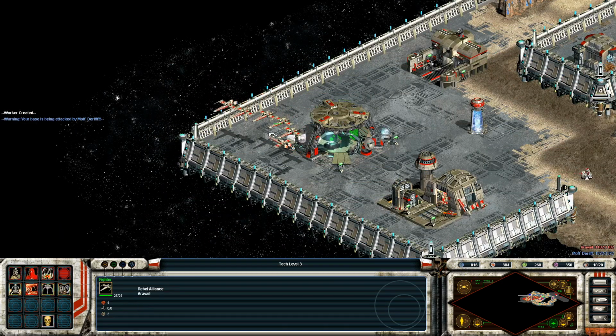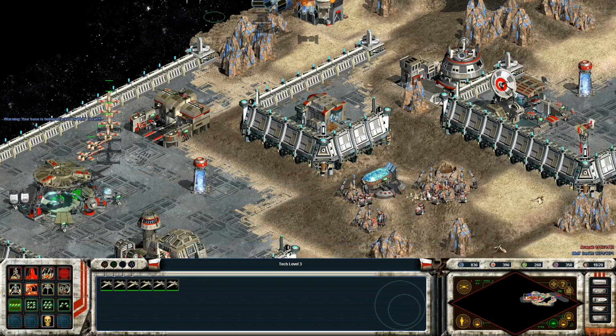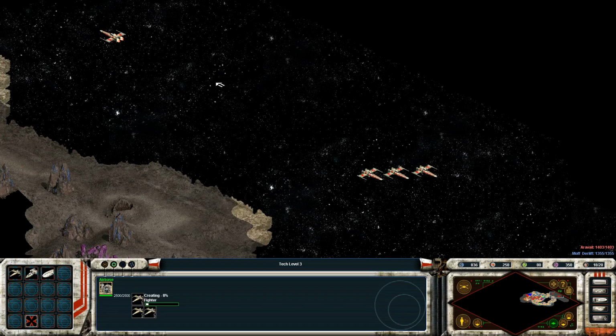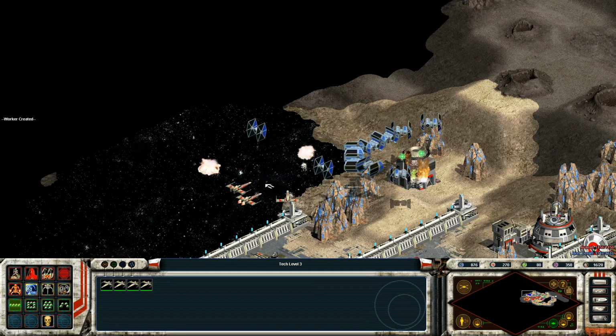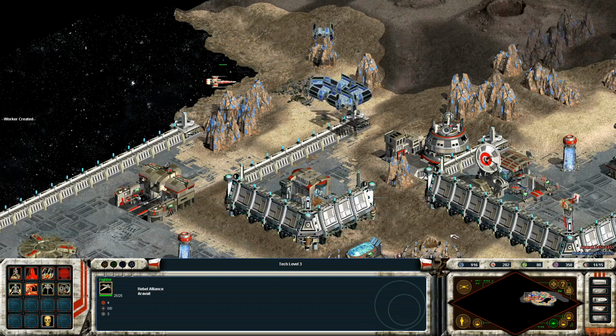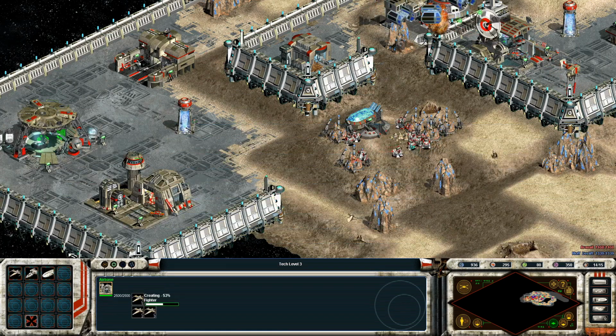Oh, here we go. Yeah, I got some bombers. Ooh, lots of... Okay. They were not kidding. Alright, forget him. Back to base, all you guys. Let's go. We only have one left, but we have an anti-air turret, and we have...